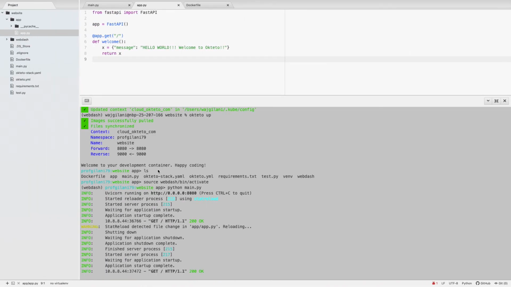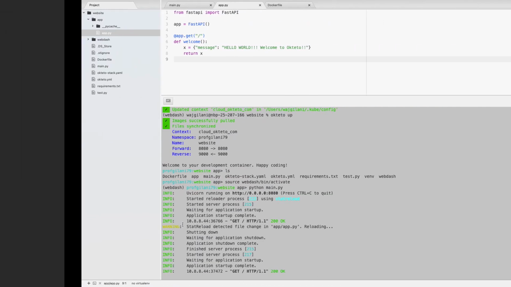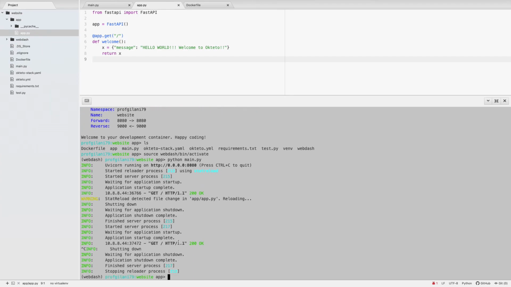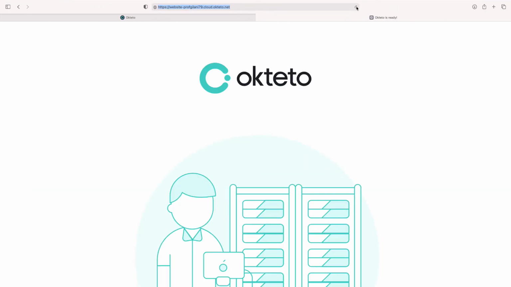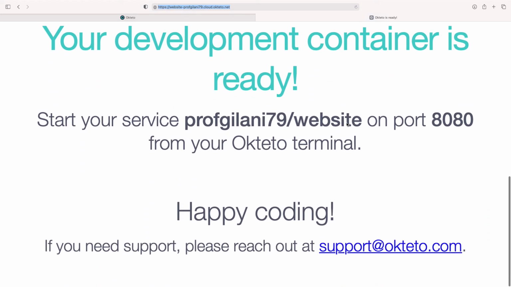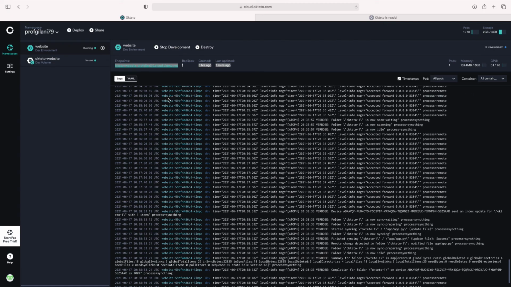Now the problem is when I kill this server, what's going to end up happening here is, I killed it. I'm still in Okteto, but when I go here and I refresh, it says your development container is ready. See, it's saying, look, everything's ready. Happy coding. Go code. What are you doing? What happened is that